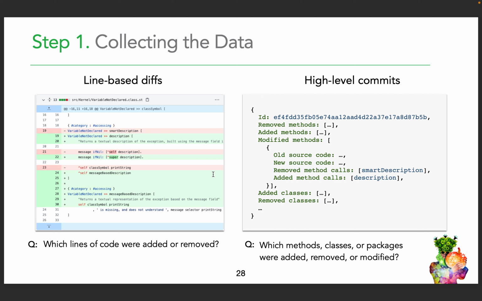So we use the tool provided by Pharo called Iceberg, but there are also many alternative tools for other languages that parse the source code in the commit diffs, and they provide a more representative tree of removed methods, added classes, removed classes, and method modifications. And for example, we can access the old and new source code. Then by parsing this source code, we can infer what are the removed method calls and added method calls, that is, what was done by every commit.